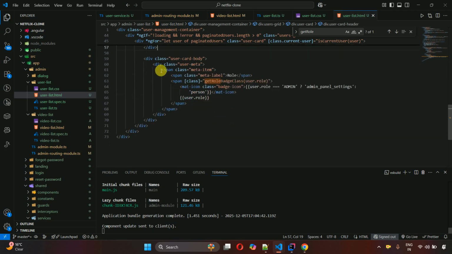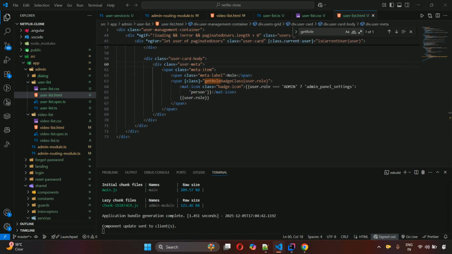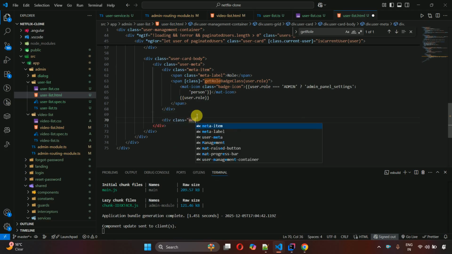and outside of this particular user-meta item over here, no, okay, this is a span, right, meta item should be a div basically, it should not be span, so let me make changes over here only, so div, over here also div, and outside of just this meta item we have to go over here and press enter, then we are going to create a div class meta-item,